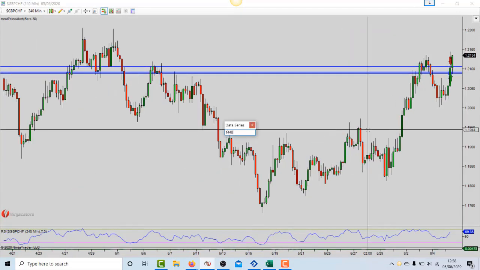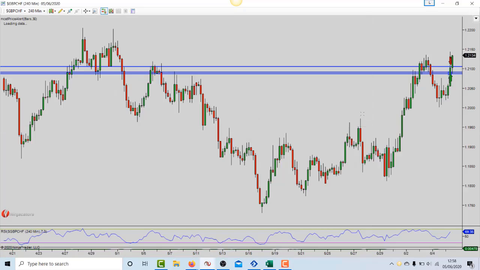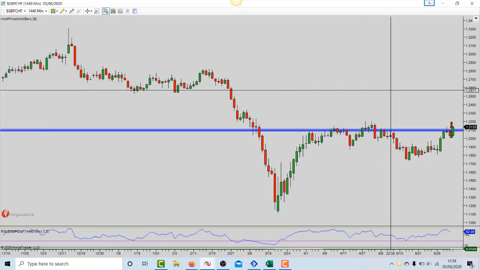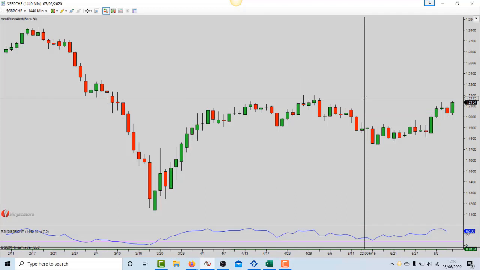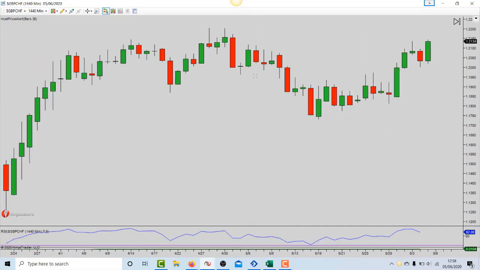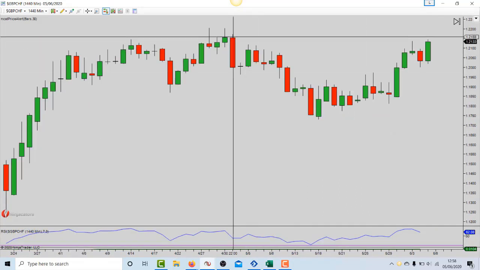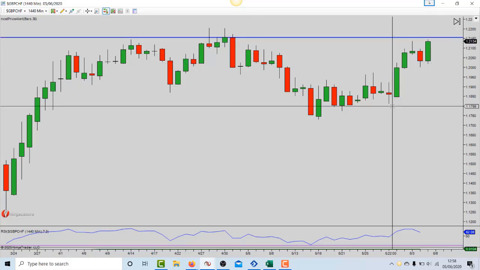I'll have to go out to the dailies, and you'll have to follow me on this one if you can. Quite simply, the highs on the dailies are here. They have not been tested. So I believe even though there's a 3-bar reversal there, we can still get